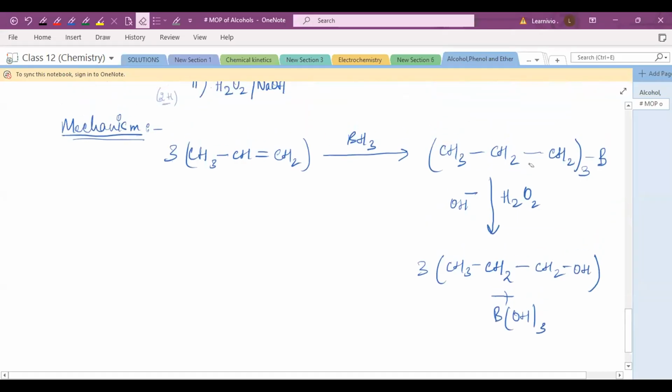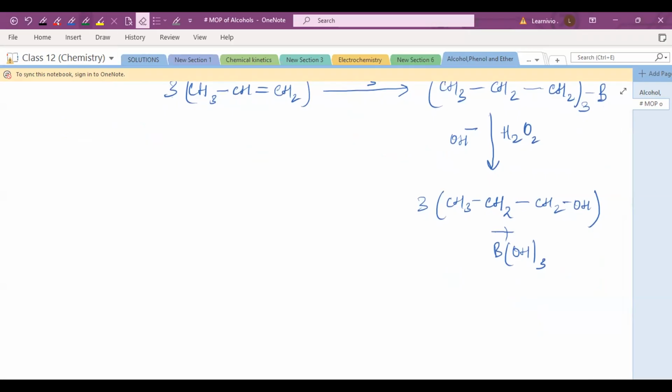What is this? This is a trialkyl borane, right? And this trialkyl borane is further oxidized to alcohol, okay, by hydrogen peroxide in the presence of aqueous sodium hydroxide. Okay, write down so you can remember this. In this reaction,